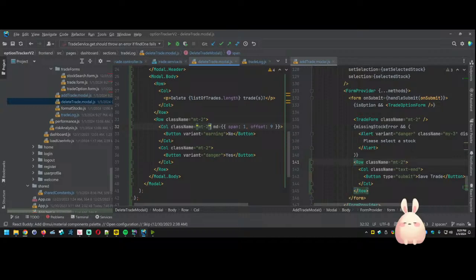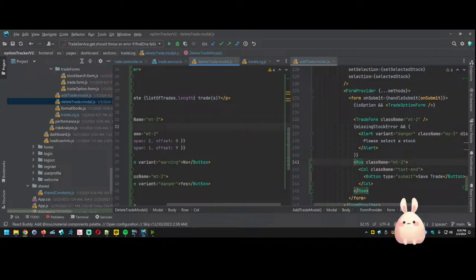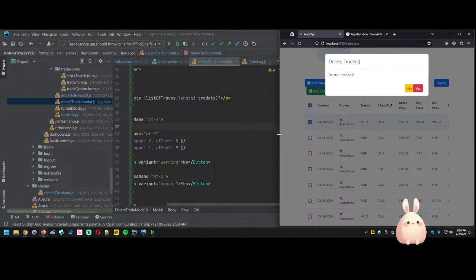But when it's small, it's going to be span of 2, offset 8. Span of 2, offset 8. So good here. Then when we shrink here,